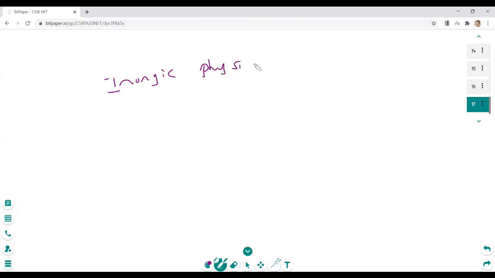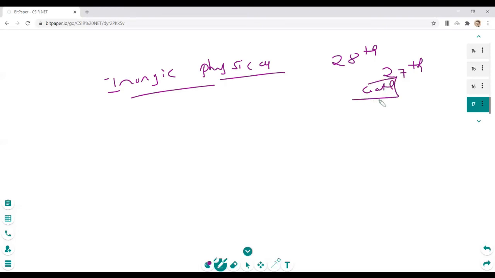Organic, I'm not going to speak much, because I myself am not an expert in organic chemistry. The NET I have cleared, I cleared NET twice, just for saying. Once I got 28th rank and once 27, and I cleared GATE once. I wrote it once, and that's the thing. So organic and physical, I'm going to talk about, because it was my field which I took for the exam.